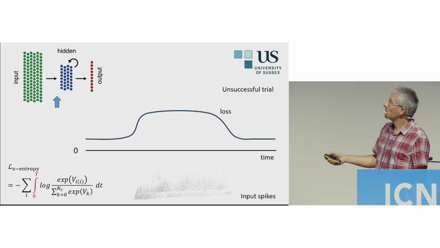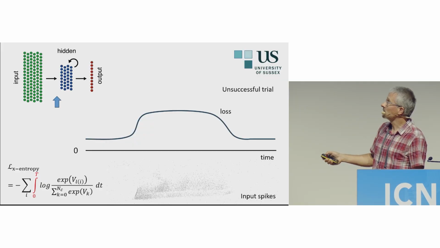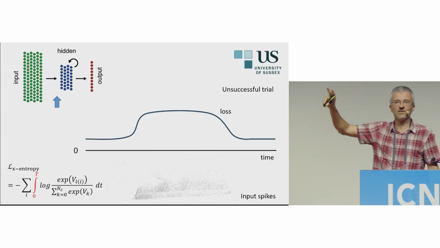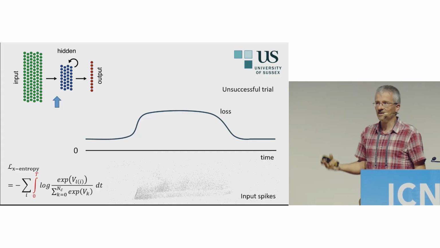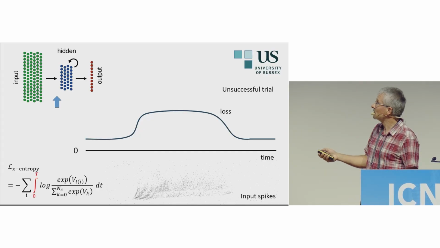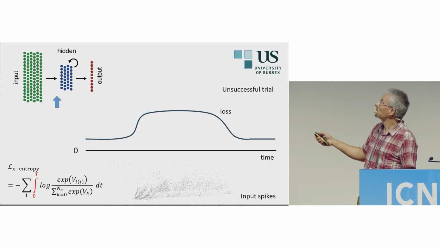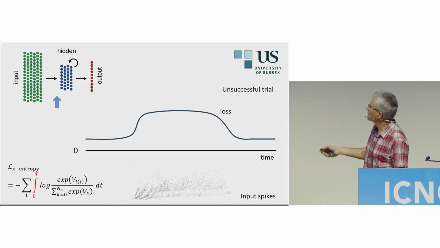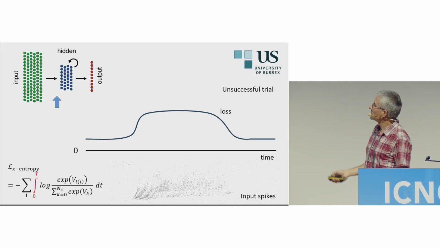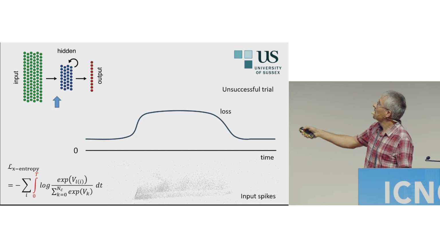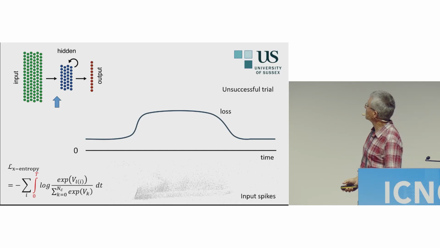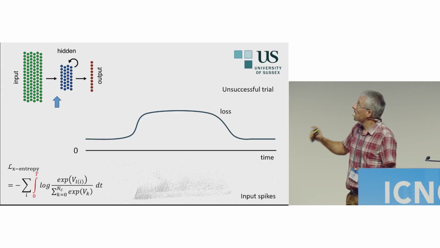It's non-zero already at the beginning when no one spikes. That's when all the output voltages are 0. That's not good classification, right? It's not the right voltage being high versus the others. So it's already a non-zero loss. But then if the wrong voltages go up and the right one goes down, it gets even worse when the spikes occur. So here's the input digit for reference. Yeah, so when there are no inputs, it's already bad. Then it gets worse, and then it gets bad again, but not 0. Okay, and now